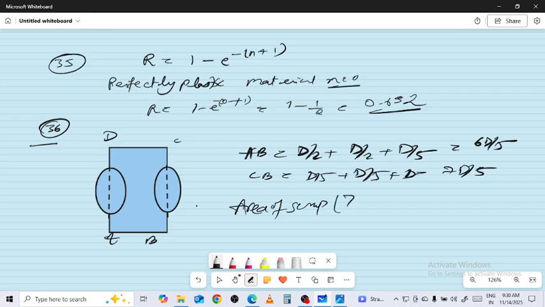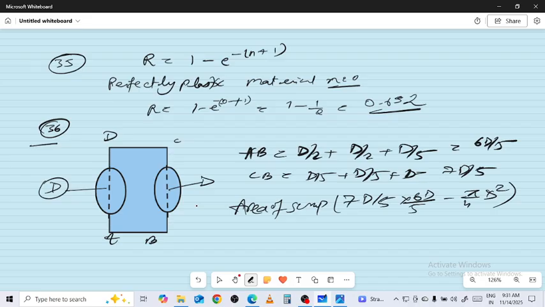एरिया ऑफ स्क्रैप देखना है, तो 7D/5 गुणा 6D/5 माइनस पाई/4 D²। क्यों? क्योंकि जो है बाकी तो स्क्रैप है, मतलब रेक्टेंगल है, और रेक्टेंगल में से एक दो सेमी सर्कल मिला के एक सर्कल बना, तो पाई/4 D² टोटल डाया है। So here on that note we have the 0.9 times of D², area of rectangle, area of rectangle ABCD,